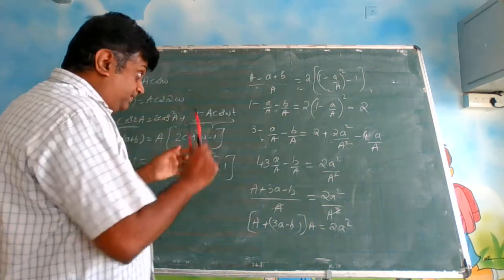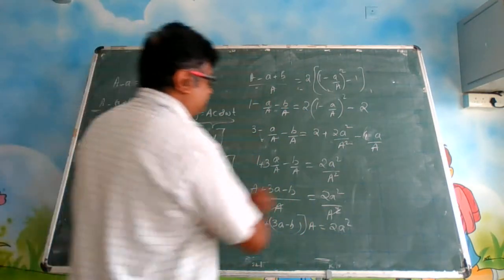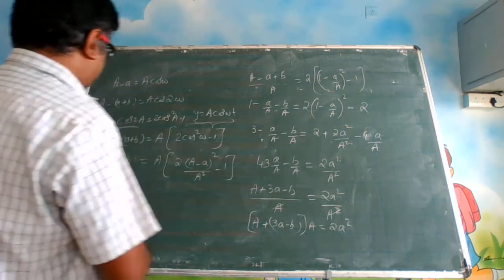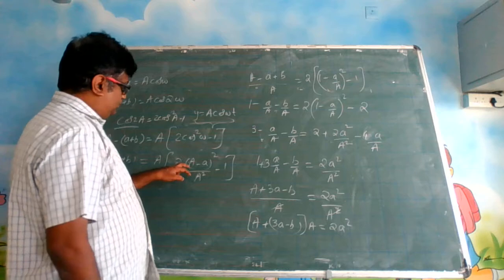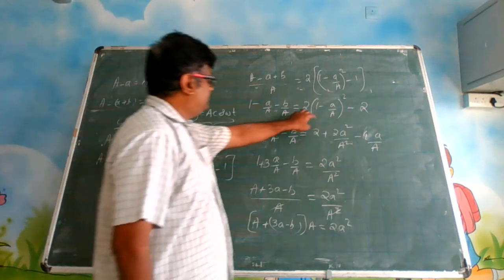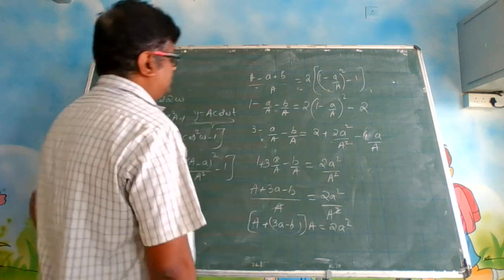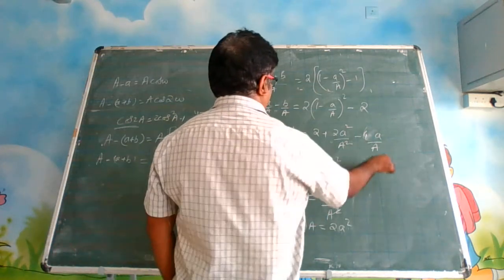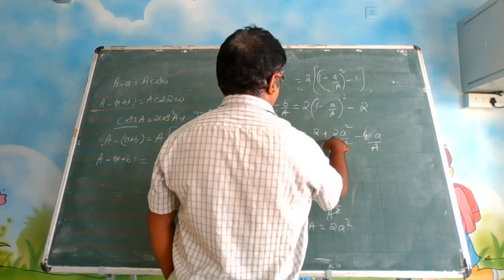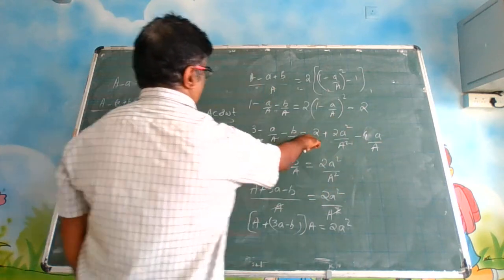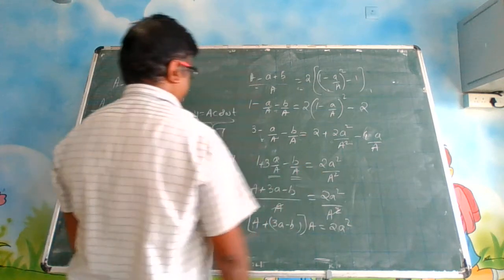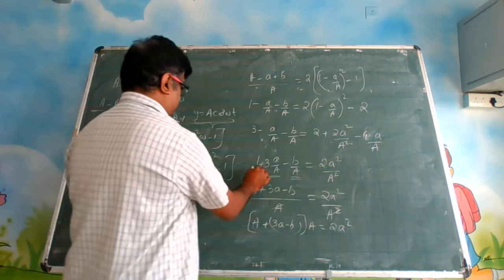It is getting into squares. So here 1 minus a by a whole square, yes, this was correct. Okay, 1 minus a by a whole square. So this is 4a by a square plus b square minus 2ab, so 2 into 2a. So this is okay, and this is also okay.